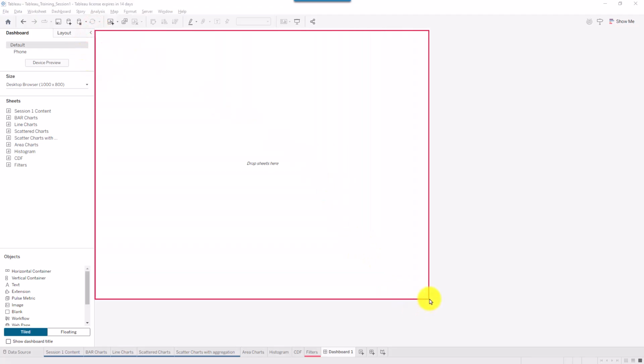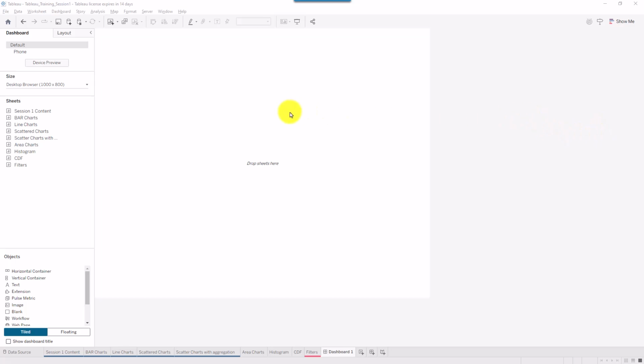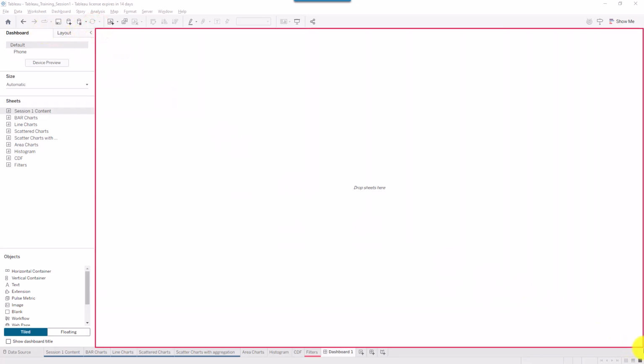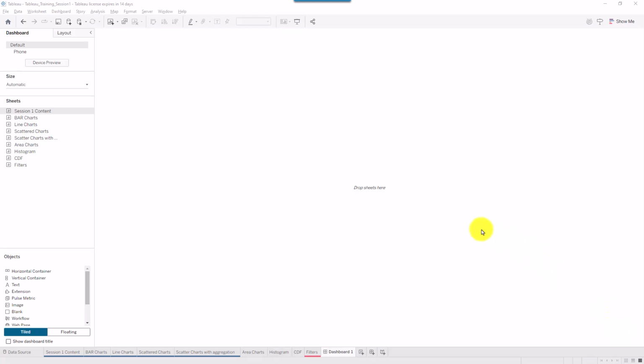Okay. You can change the format to make it full screen. From the size here, just simply first step to get a full view. Just change the size here, click here. Instead of fixed here, make it automatic. You'll find it's giving you the complete sheet, as you can see now. Okay. So as you can see, it's simply telling you to drag and drop the sheets you would like to have in